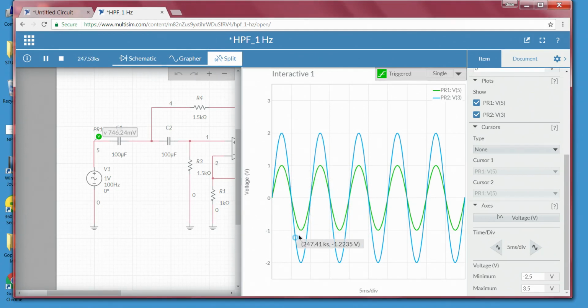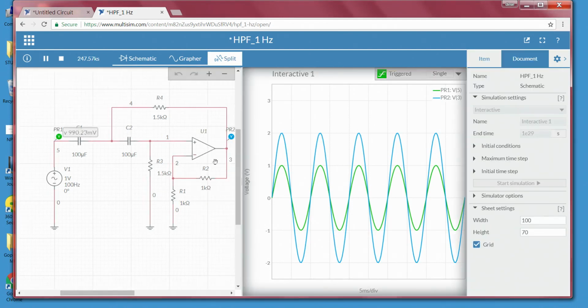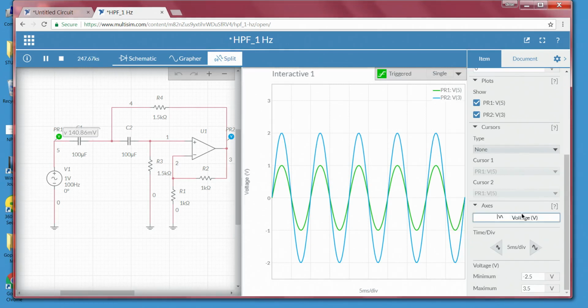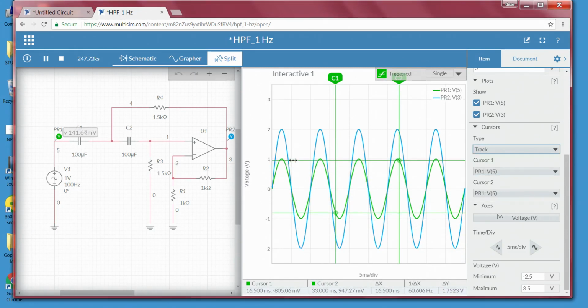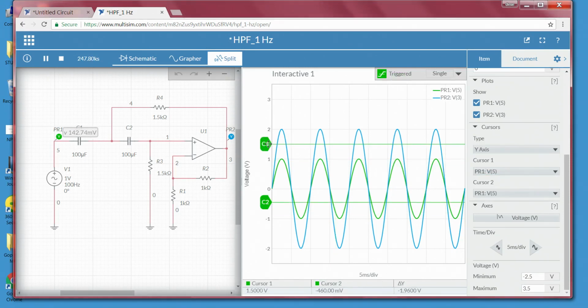Why is this 4 volts? Because the gain here is 2. Moreover, since it is a non-inverting type of input, we cannot see any change in the phase shift, it is always following the input, which we can clearly observe. Now, to understand that, we will create a cursor. I will take the y axis cursor, the amplitude cursor, and place it at 1.414 volts, moving the cursor to 1.414.